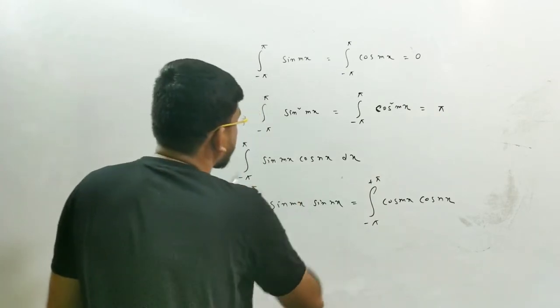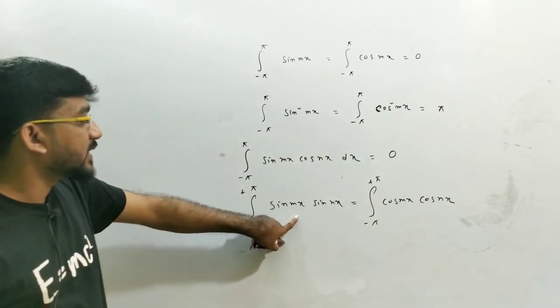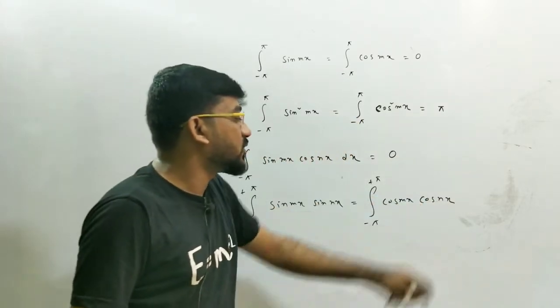If you have sin mx cos nx, then in this case you will always get 0. But if you have sin mx sin nx or cos mx cos nx, then you will get